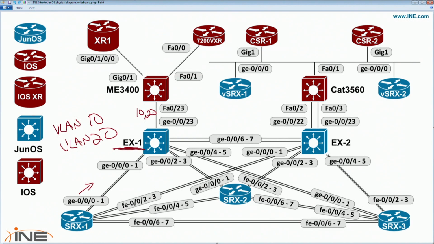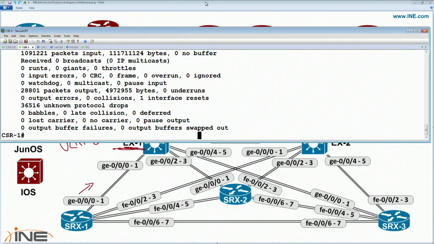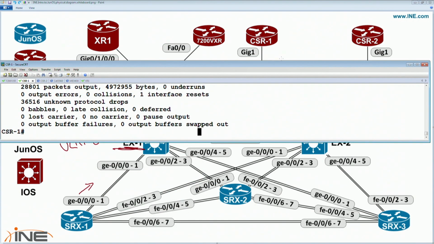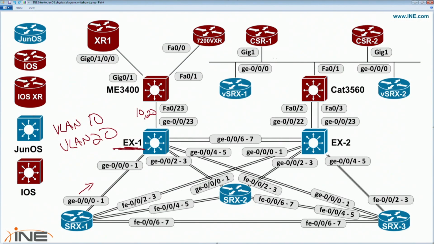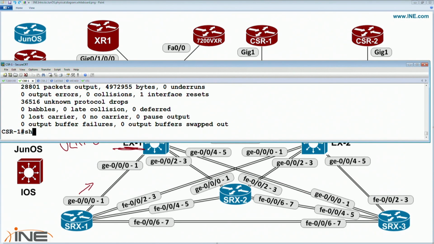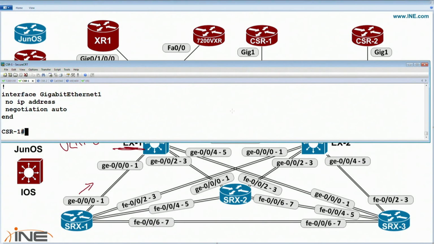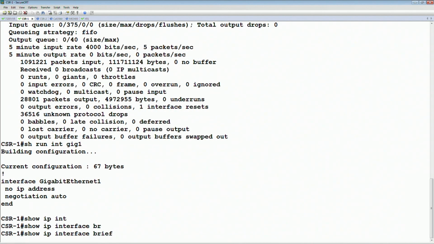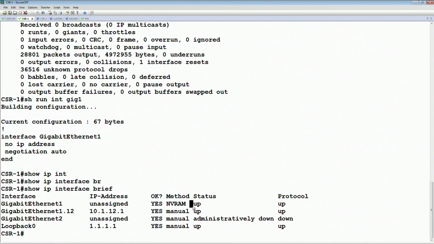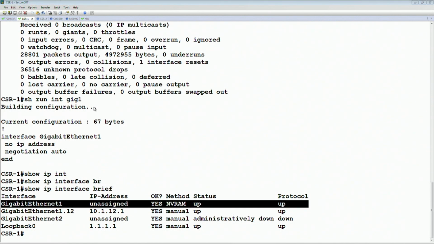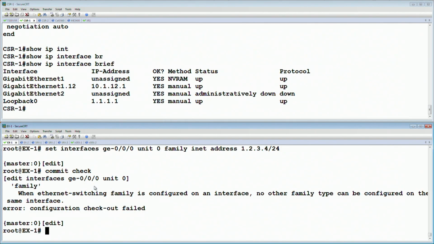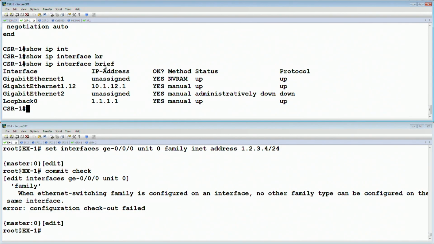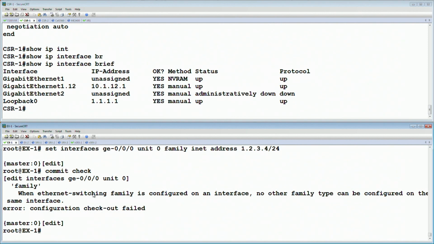Now, from the IOS configuration point of view, if we look at, for example, CSR1, let's say that we're going to do our VLAN subinterface configuration on this box. We need to make sure that we have our main interface up. So if we look at show ip interface brief, in the case of IOS, we can see the link is up and up. Again, the equivalent of this in Junos, and actually let's look at these side by side here. So we have IOS on the top and Junos on the bottom. This is going to be the equivalent of